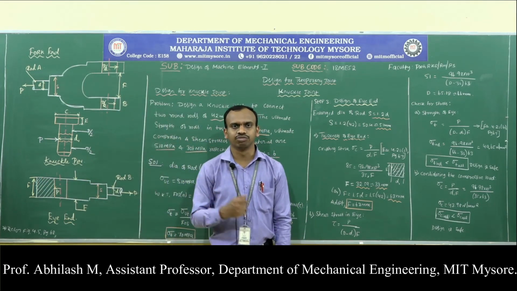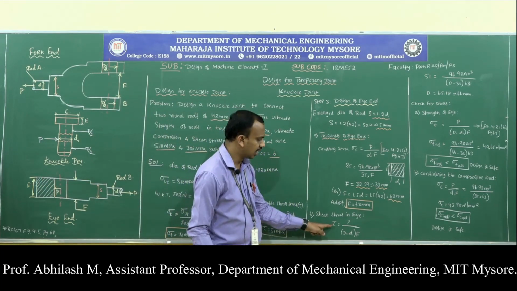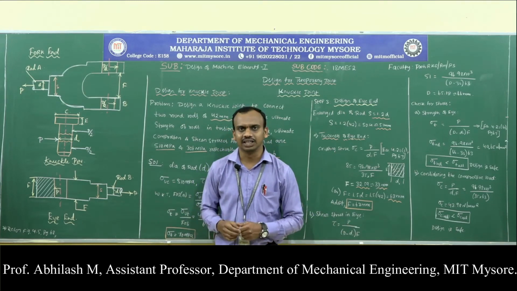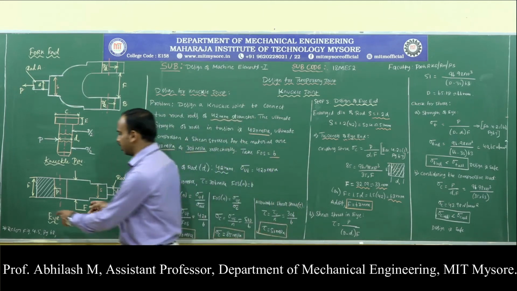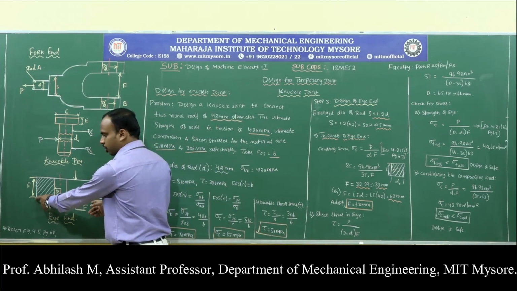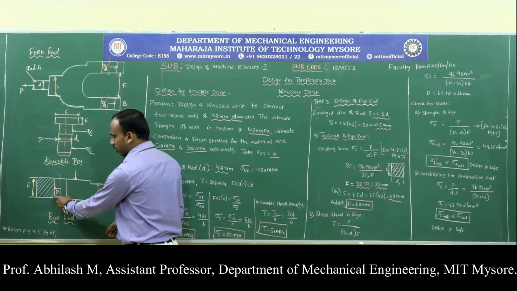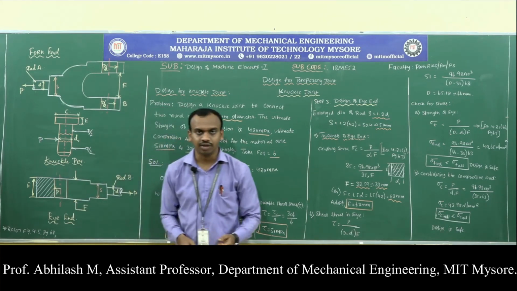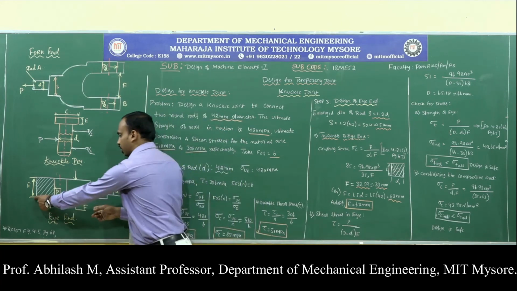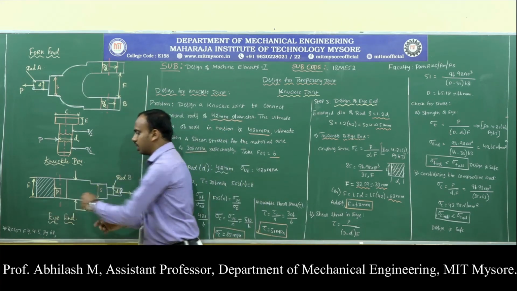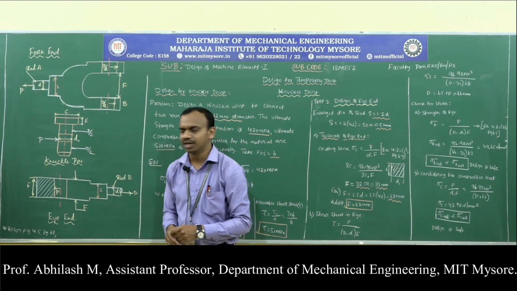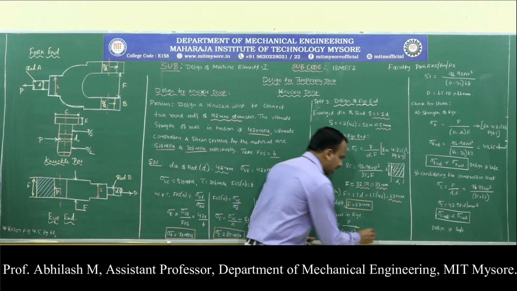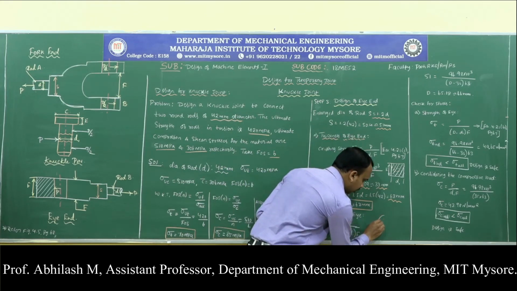So we are making use of the shear stress equation, which is generally given by load divided by area. What is the area then? I have the major diameter, which is denoted by D. I have the minor diameter, that is the diameter of the knuckle pin, small d1. The major diameter is denoted by D, the knuckle pin diameter is denoted by small d1, and the thickness value is F. So the resisting area is basically something like this.